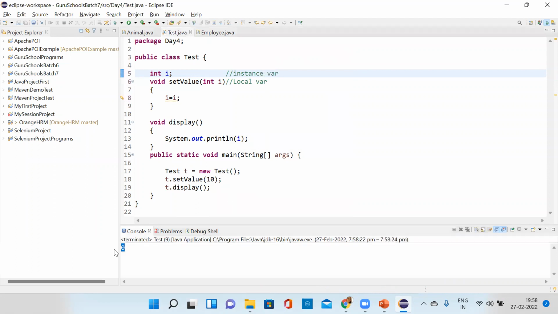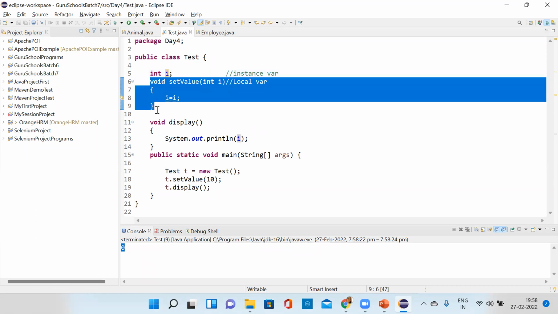See, it is coming 0. Why? Because the compiler gets confused about which value you are taking. So you are taking this I value and it is printing, and we have not given any value to it. So it is taking 0 as a default value, right? We are not giving any value to this, so the set value doesn't have any meaning. Now to